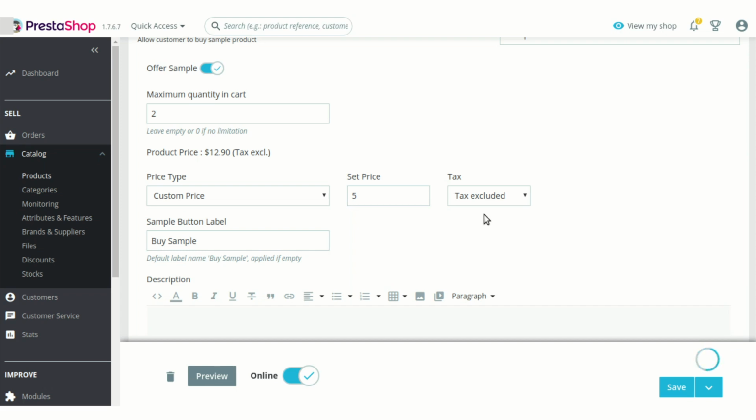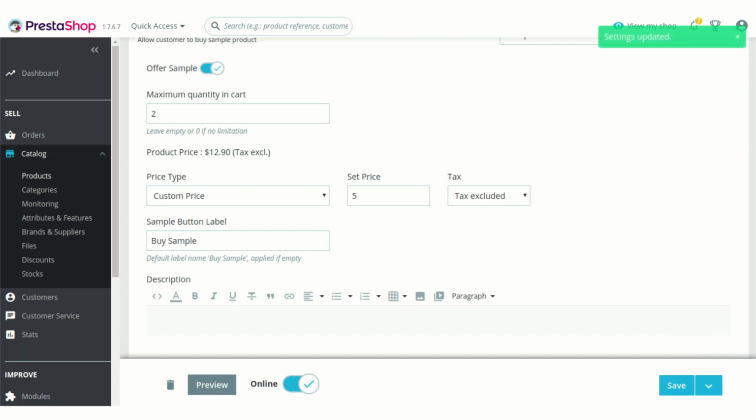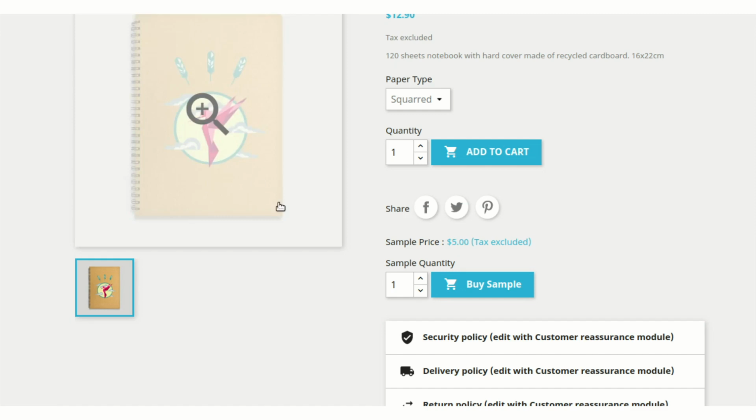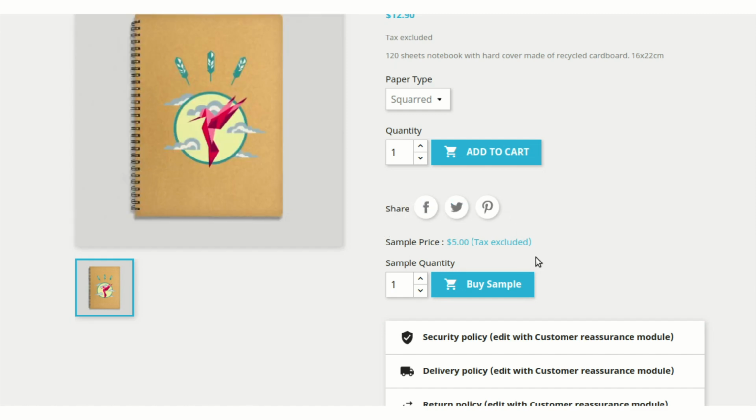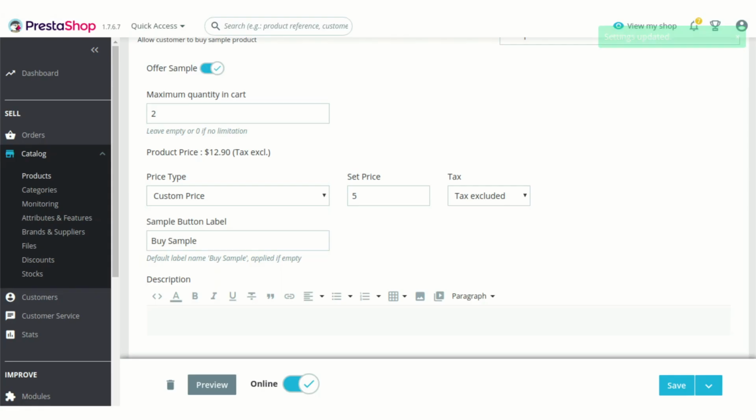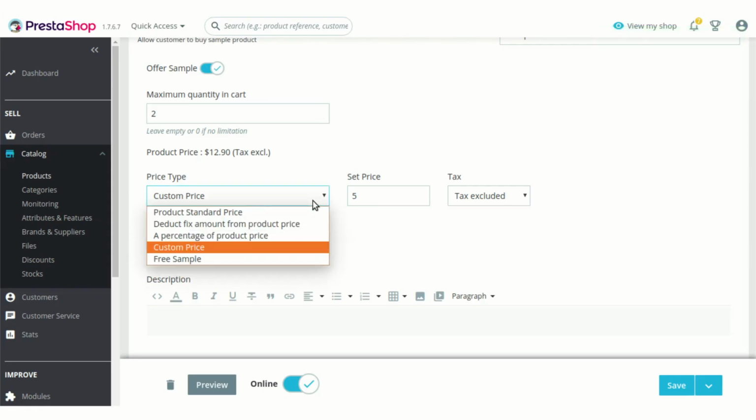It might just take some time to save the settings. We'll just wait till the settings are updated. Now as you can see, it is being offered at the price of $5. Sample is being offered at the price of $5.